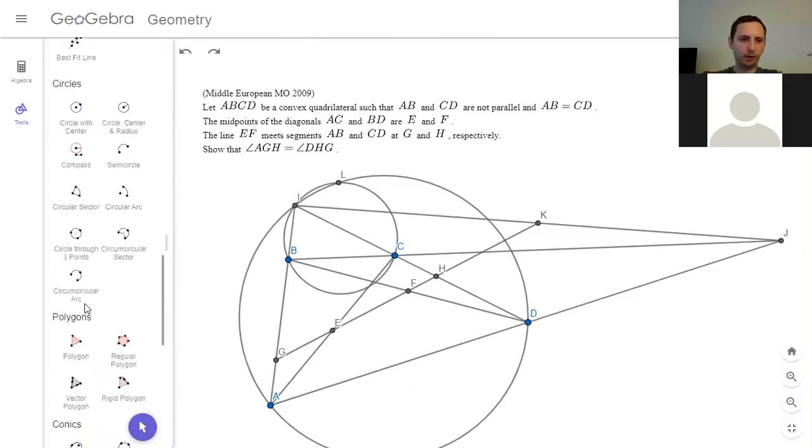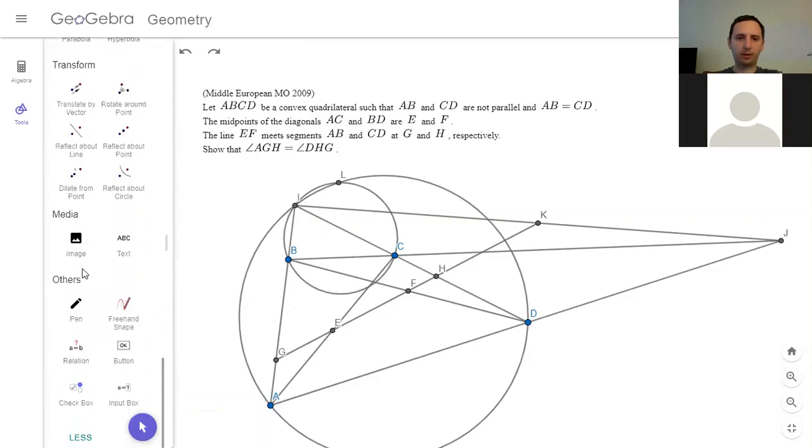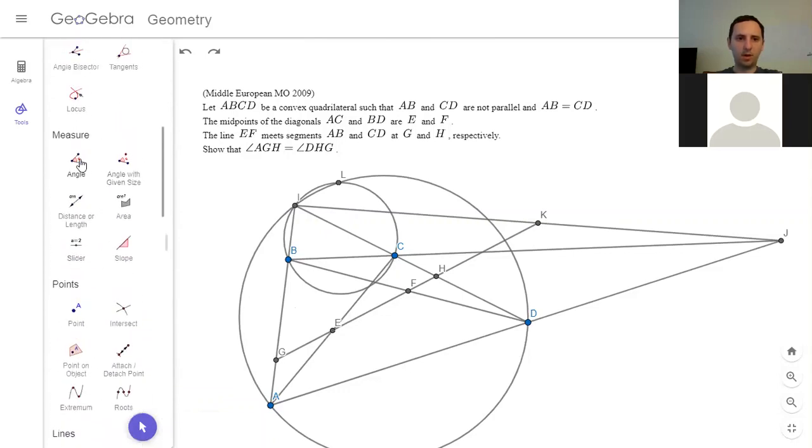Is LIGH cyclic? No. Is IGH similar to LAD and LBC? I don't think so, but let me try it. It must be. Oh yeah, because they're all isosceles. Yeah, wait. L. Yeah. Actually, I don't think it must be. IGH is similar to LAD. LAD and LBC, yeah, it's similar to both of them. So maybe,